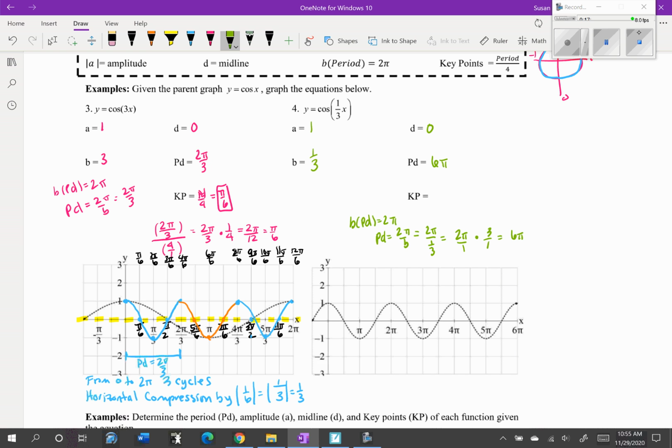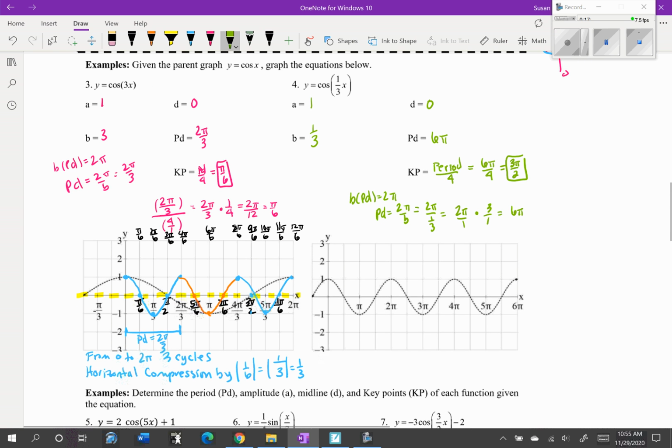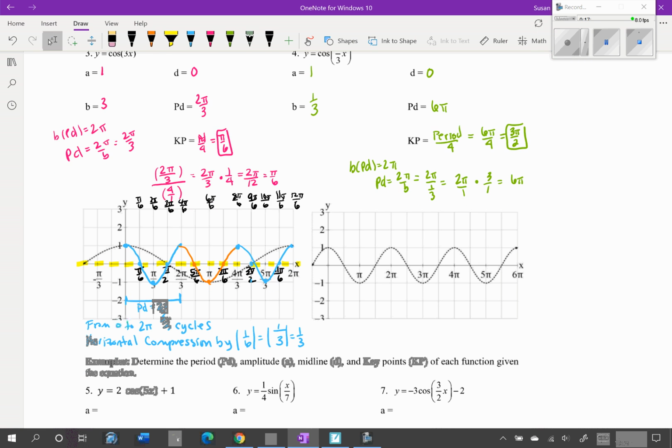And the key points, remember, are the period divided into 4 equal parts. So in this case, 6 pi divided by 4, which reduces into 3 pi over 2. So now in our graph, to get our new key points, we have to count by 3 pi over 2. So I have down here,